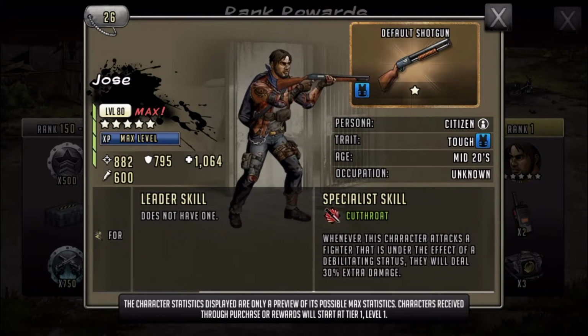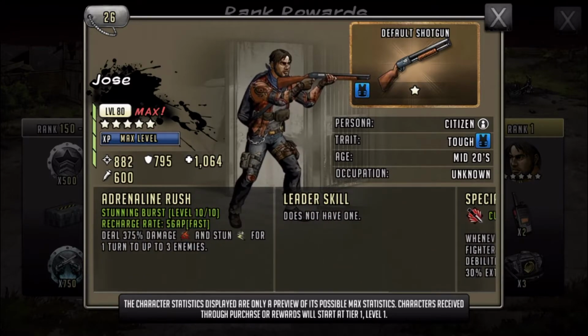No leader skill because of that specialist skill, Cutthroat. This is kind of a unique one. Whenever this character attacks a fighter that is under the effect of a debilitating status, whether that be bleeding, attack debuff, defense debuff, etc., he'll deal an extra 30% damage. So I guess that's okay in a sense. He's not the best prize. There's definitely been better prizes, but